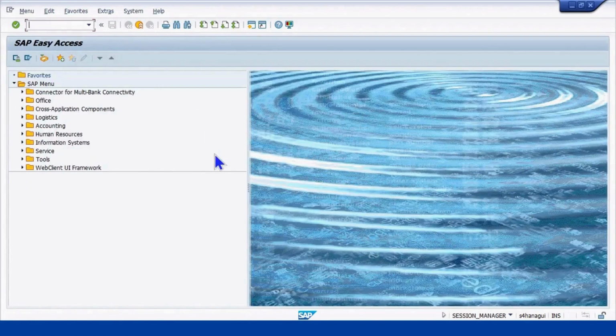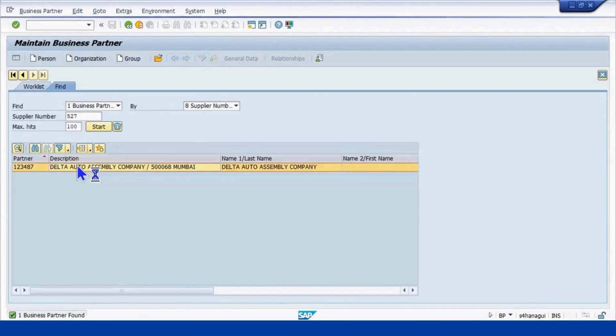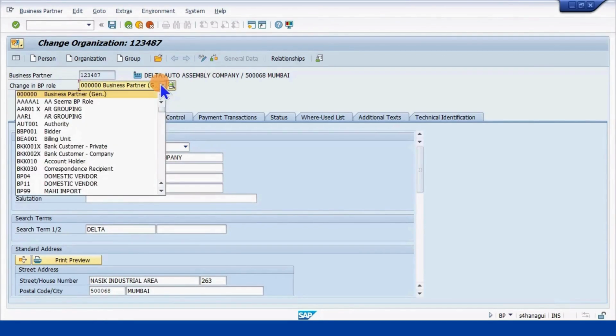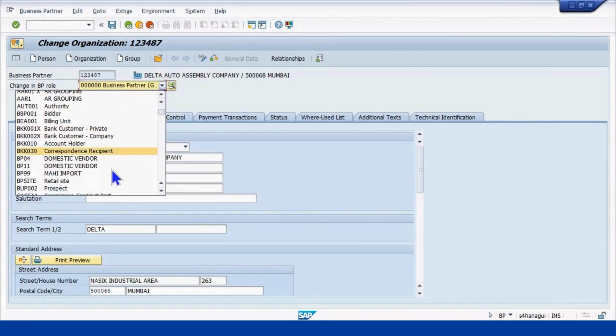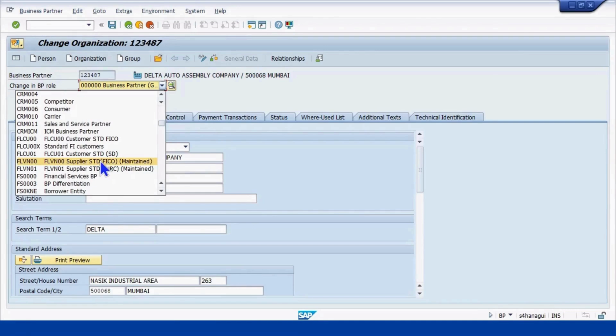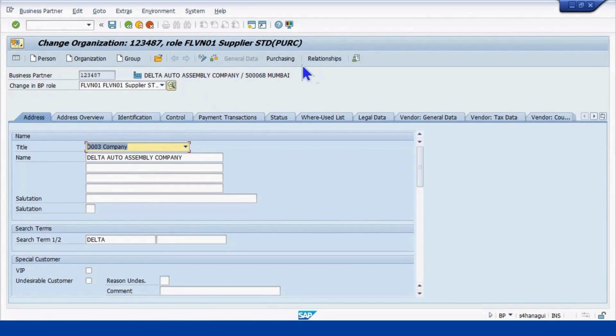Then we'll go to BP. Supplier 527. Double click on this. First you click on this to make changes. This drop down will be activated. Select the purchasing role for this business partner. This is the one, purchasing role for this business partner. Select it, click on purchasing,